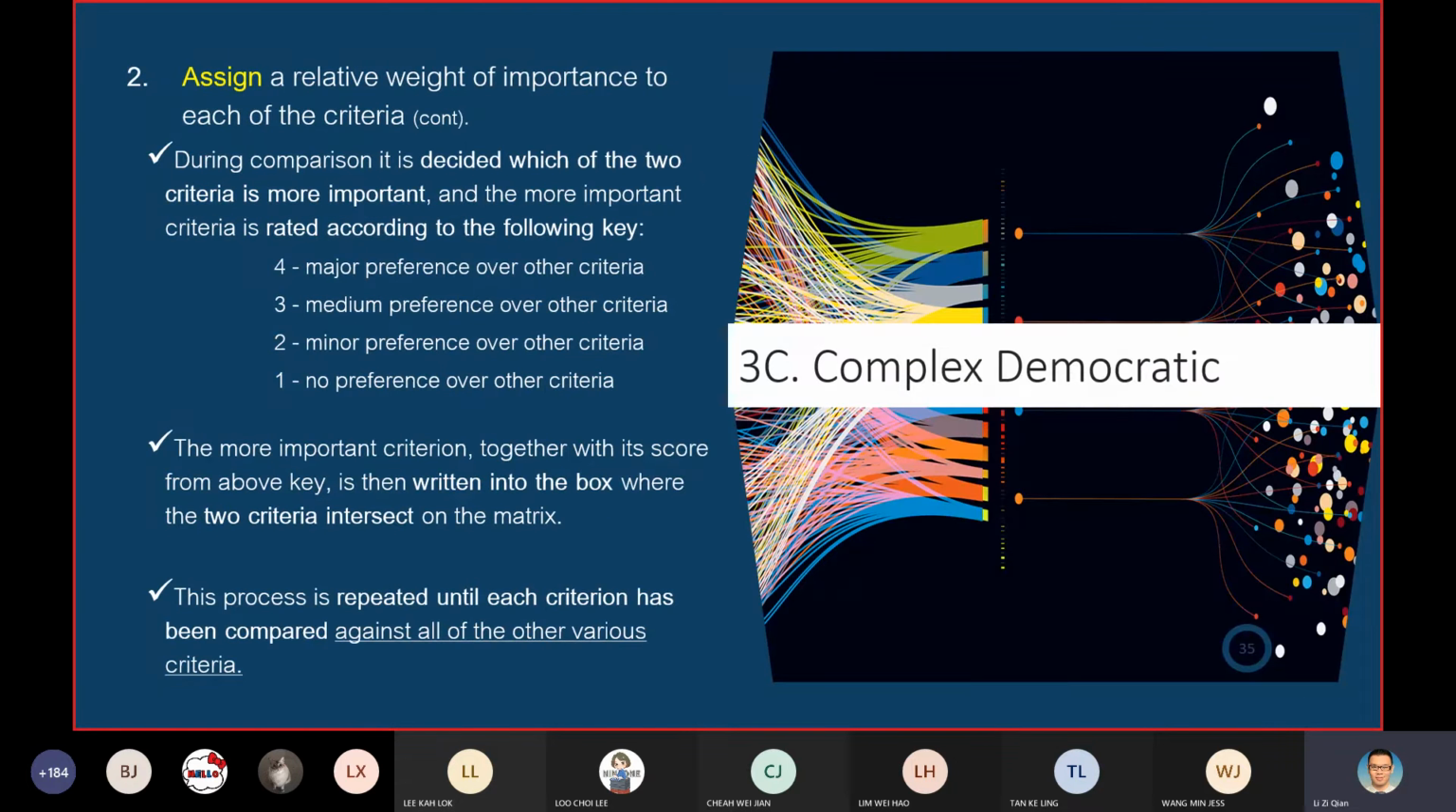Okay, here we complete this slide first. You see how you're going to compare, how you're going to assign the relative weight of importance to each other. Meaning to say, just now I mentioned you compare, let's say, criteria A to criteria B, later criteria A to criteria C and so on, right? So when you compare these two criteria,